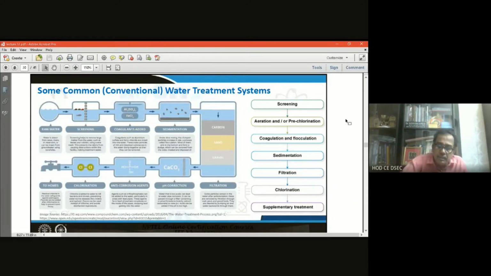Finally, the disinfection is done. What is disinfection? Disinfection is the killing of bacteria. What disinfectant will we be adding? There are generally two disinfectants we add. One is chlorine, as bleaching powder, CaOCl2, and the other is ozone, which can alternatively be used. When we add chlorine, that means chlorination is being done, the chlorine dosage. When it is added, it is not only killing the bacteria and acting as a disinfectant, but it is also a strong oxidant, so it oxidizes the organic matter present in the water.